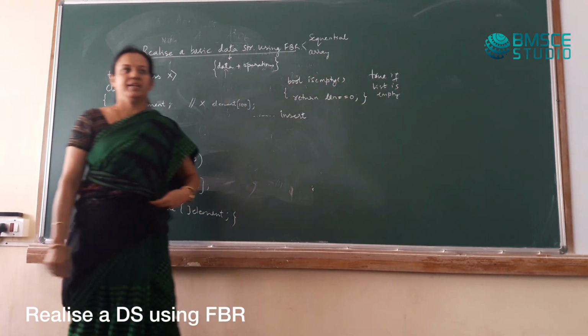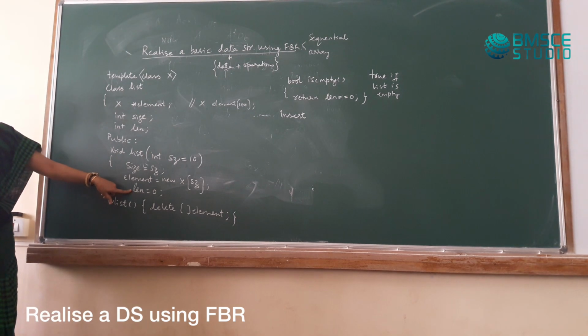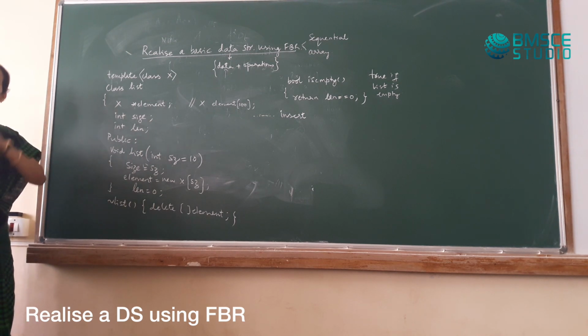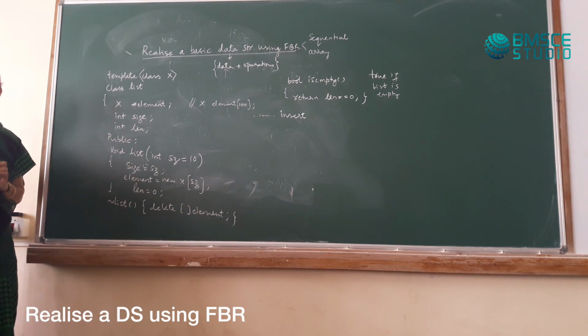It is true if the list is empty. That's what length double equal to 0 means. We just created a list. When we delete, we'll keep on decrementing the length by 1. When we insert, we'll keep on incrementing length by 1. So we'll keep varying length. And when you call that function, you just check the value of length. Okay?